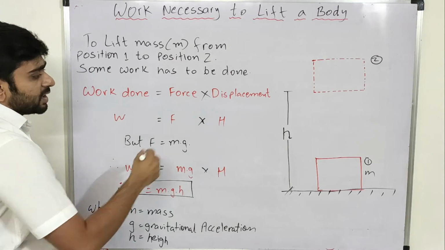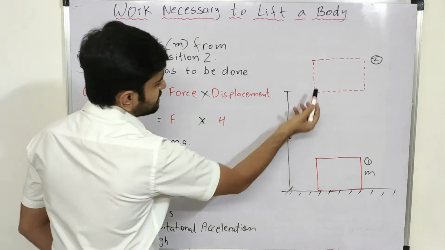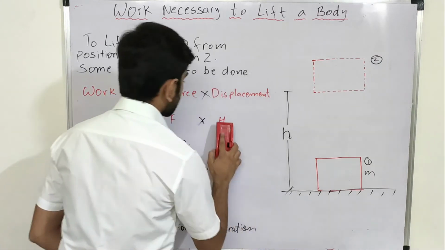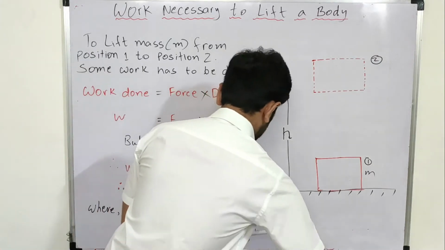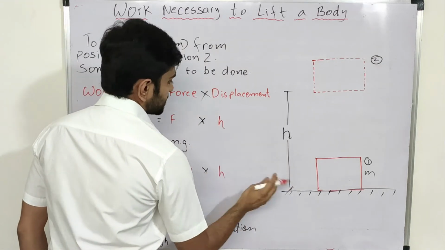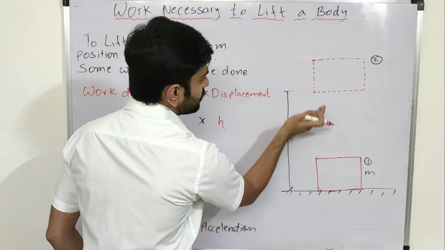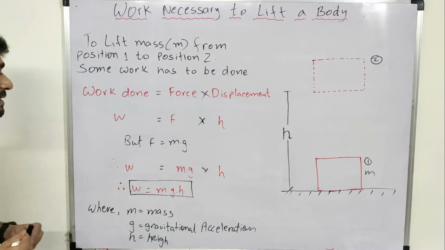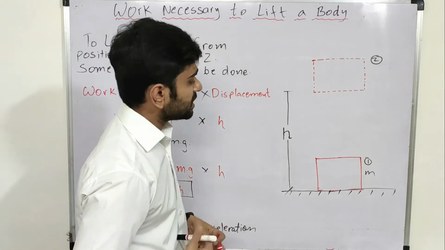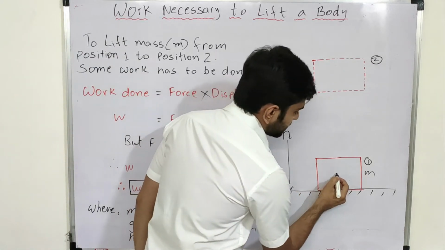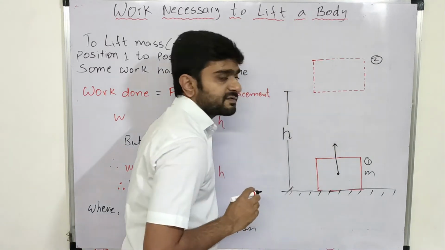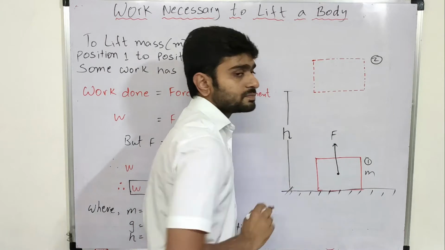Here we are talking about h, that is height. Height is the displacement. We can write small h or capital H, but we'll in general keep small h over here because we have kept small h. This is our displacement, position 1 to position 2, the change in the position. So that is small h, F into h. But now, talking about force, the force required should be in this direction, right? Because we want to lift the body in this direction.